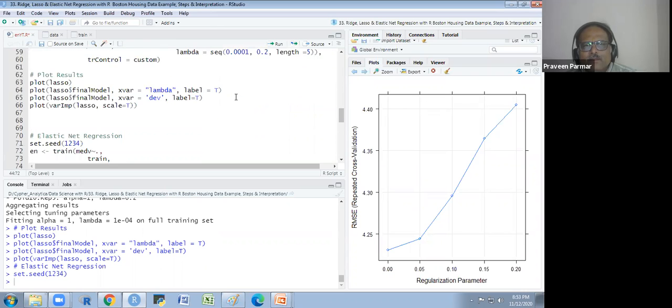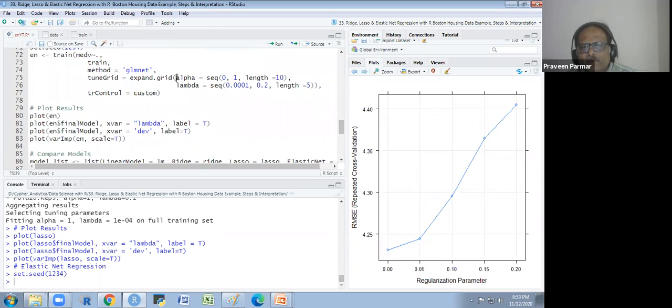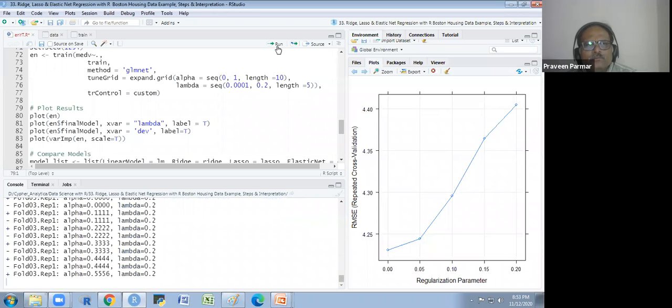Here we mention alpha from 0 to 1, a sequence of 10 values, and we select one from that. This is the EN model name. It is still running, fitting alpha 0.111, lambda 0.1.